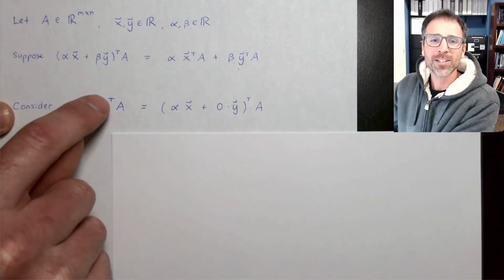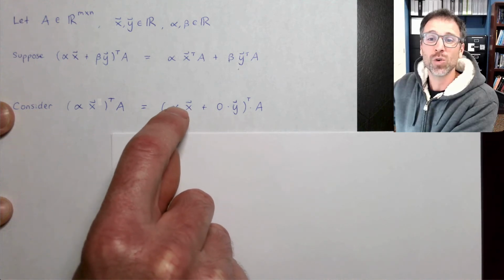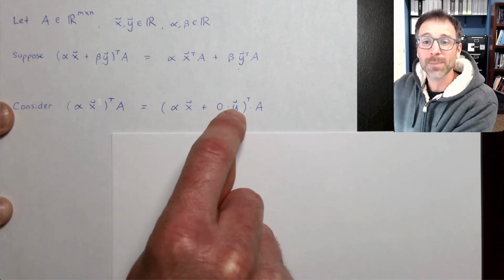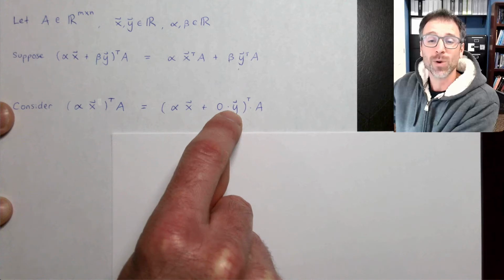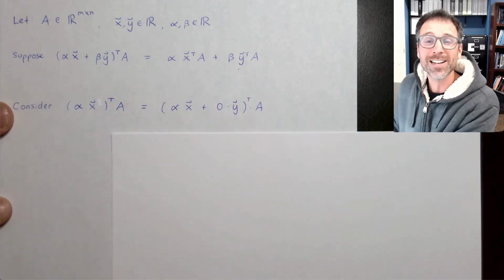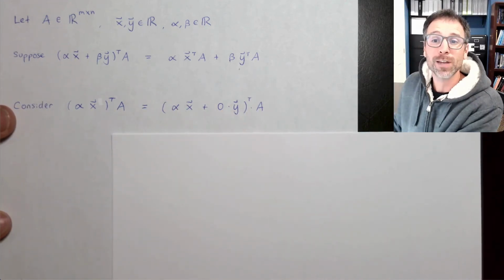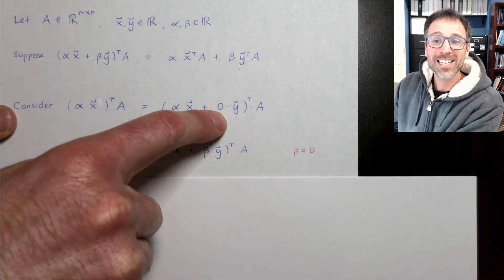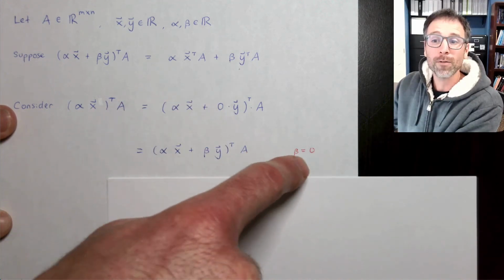Well, we know that alpha x transpose times A is equivalent to alpha x plus 0 times y transpose times A, because 0 times y is just 0, it disappears. I can always bring that back in. That's the mathematician's favorite trick, right? But I can contextualize this using linearity. 0 is just one form of